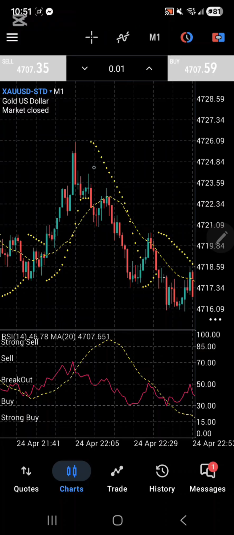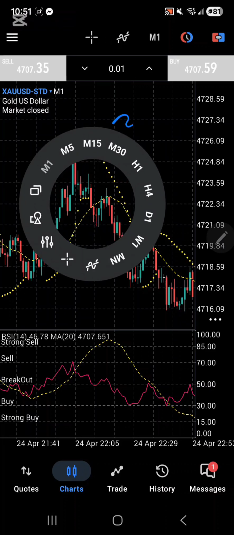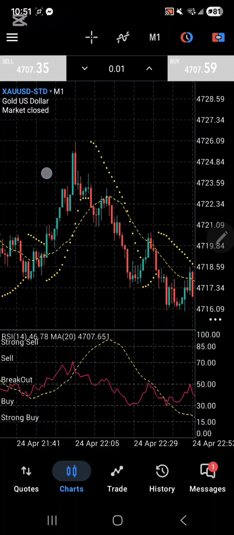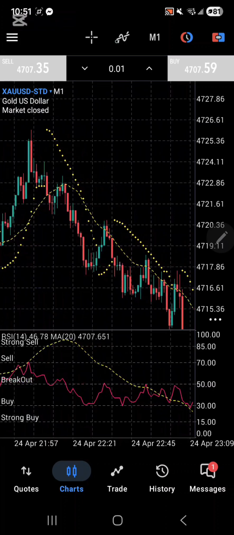So the moment I see this: if the candle body closes below the moving average line, the parabolic SAR shows up on the upper part of the candlestick, and the RSI is going down, I immediately enter a sell position. As you can see here, if you enter the sell position here, it continues to go down.